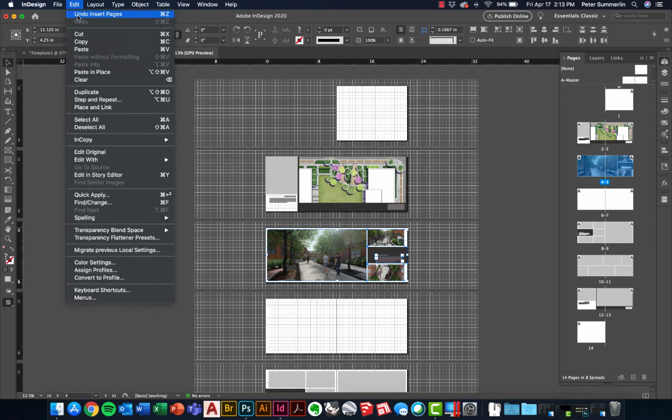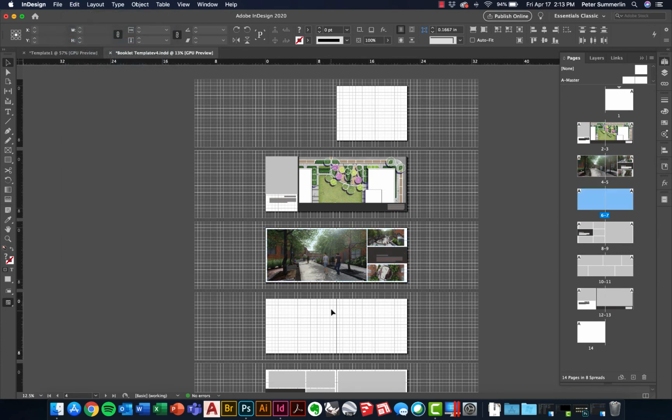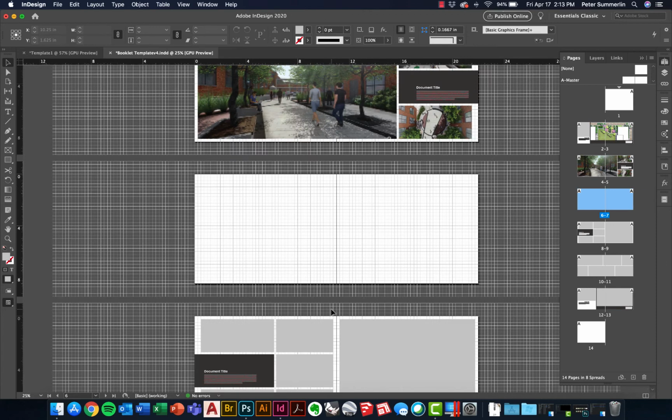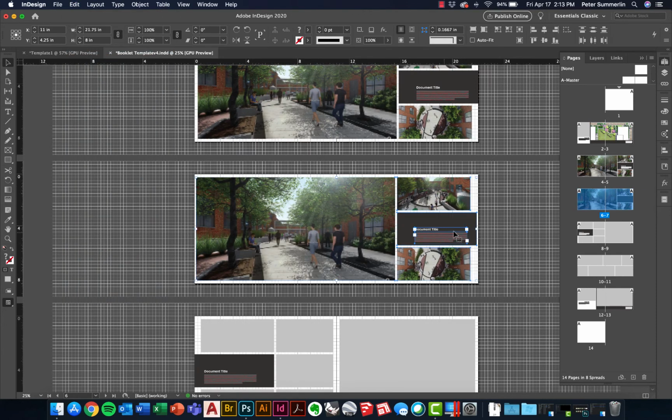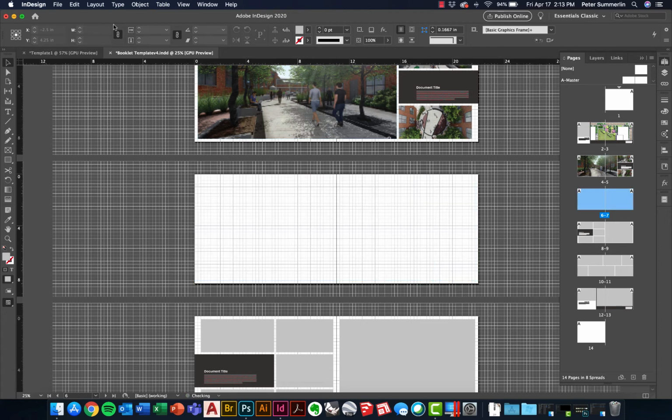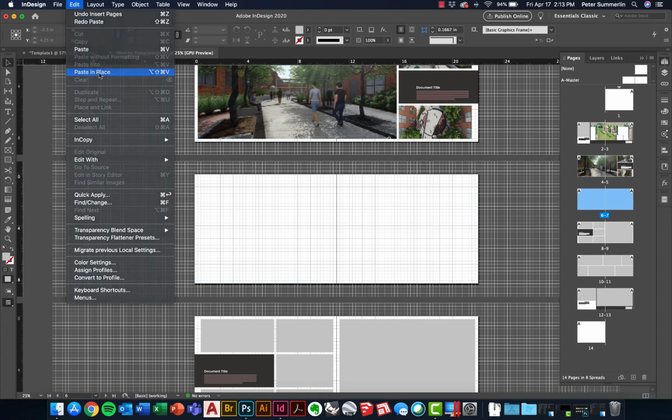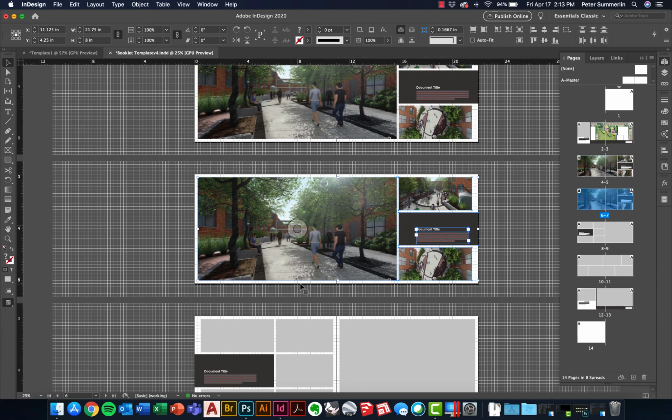We'll say edit and copy, and instead of just zooming in and saying edit paste, which would just place it somewhere, oftentimes it gets it really close, but you're going to notice it's not exactly in line. It's a little bit less of a gap on this left side. I'm going to undo that. We're going to say edit paste in place. What this does, it locks in where it is on the page,